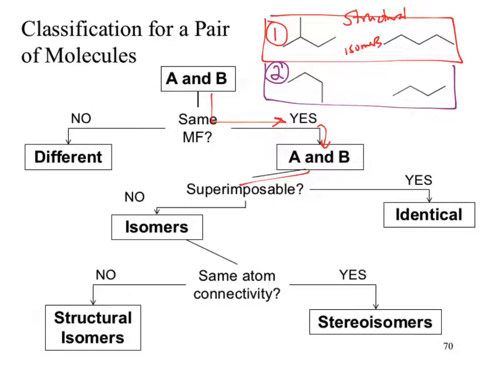Okay? So, if we look at structures 1, are they superimposable? No, there is no way we can get those to superimpose, so we then move to the isomers category, which is not a bad place to stop, except there's another question. So we move to the next question. We run into the same atom connectivity. Right? The words,